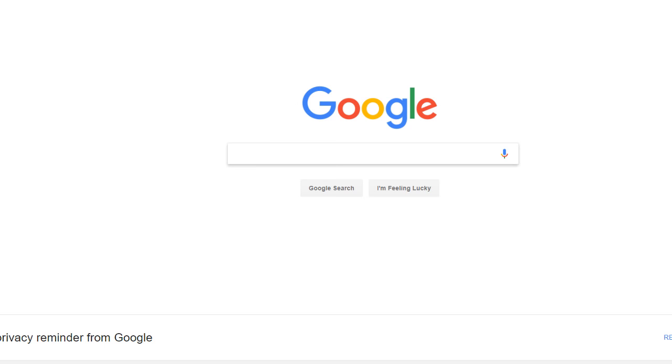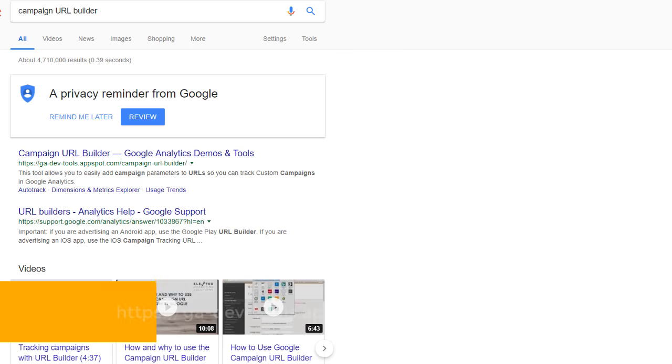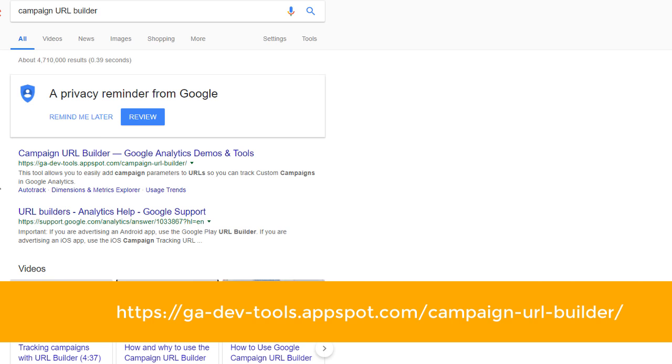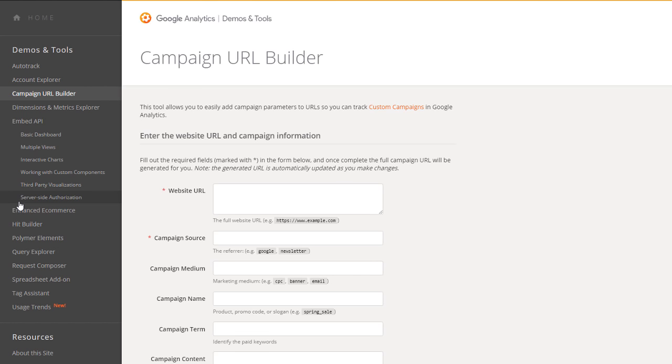Go to Google and search for Campaign URL Builder and click on the first result. Alternatively, go to the URL displayed on the screen. Once on the page, you should see multiple fields you need to fill in to start creating your code. So you understand exactly how this works,